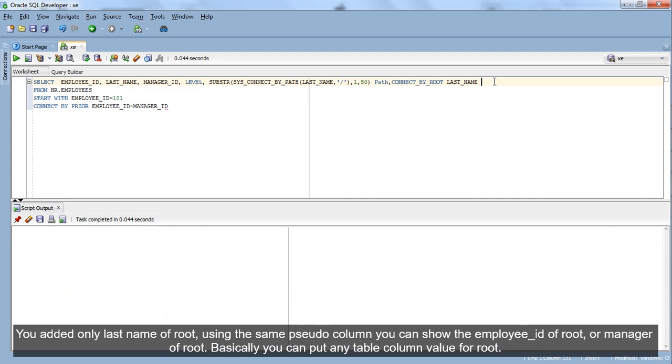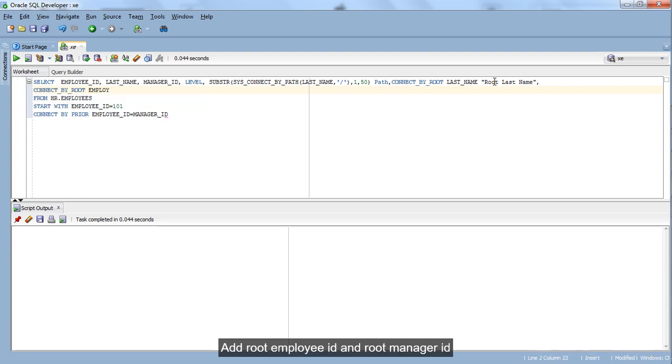You added only last name of root. Using the same pseudo column, you can show employee ID of root or manager of root. Basically, you can put any table column value for the root record. Add root employee ID and root manager ID.